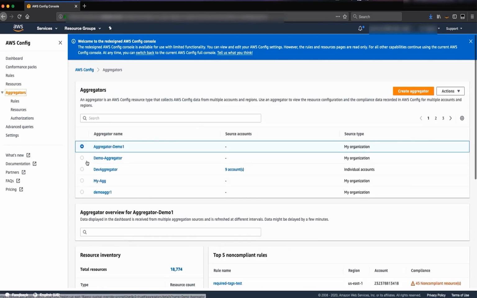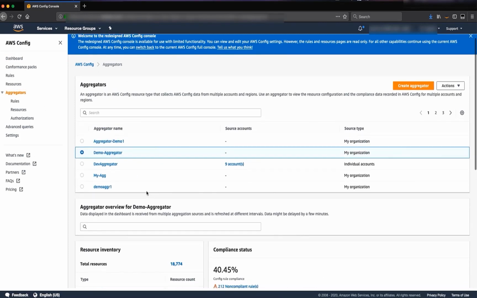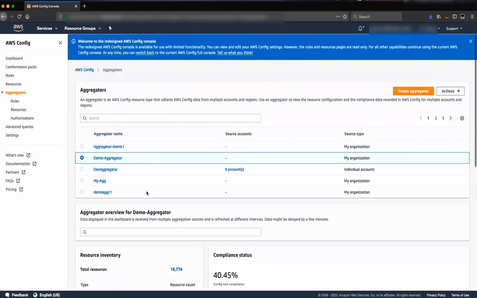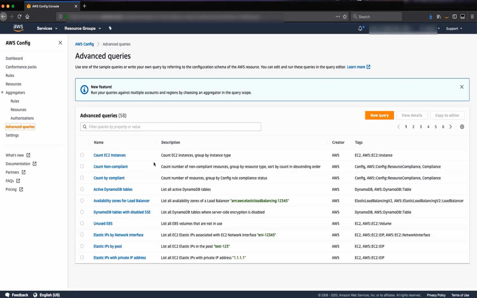Here, the aggregator has the data that we need, and we will use the advanced queries now and select some of the available options. Okay, so as you can see, there are about 58 out-of-the-box sample queries, and you can modify them to make them your own. So for example, let's start with a few use cases